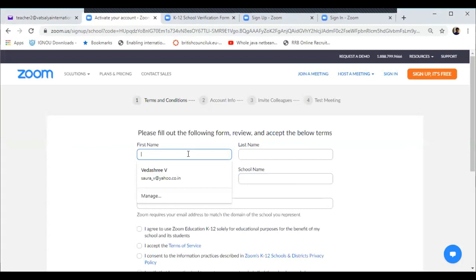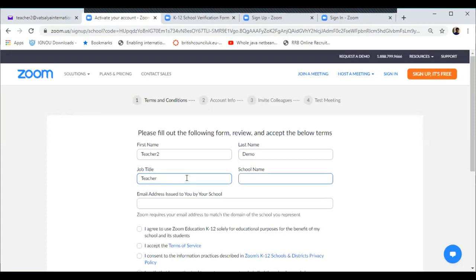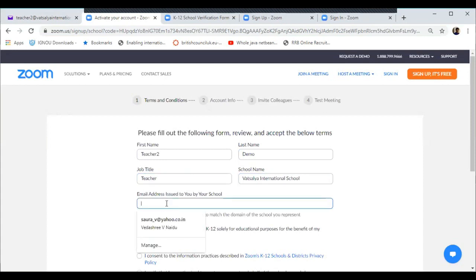Here I am giving the name teacher2 and last name is demo. You can write your own name. Job title I am giving here teacher, and the school name, and the email ID which is provided by the school.